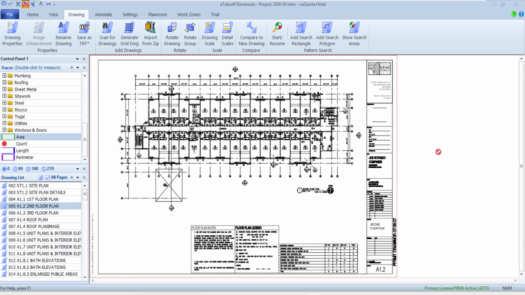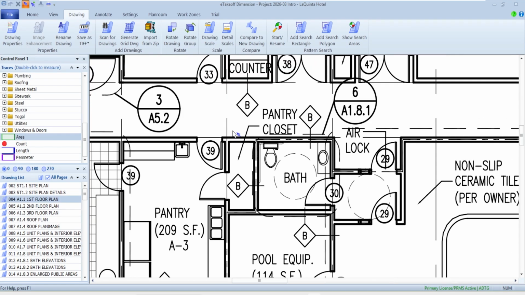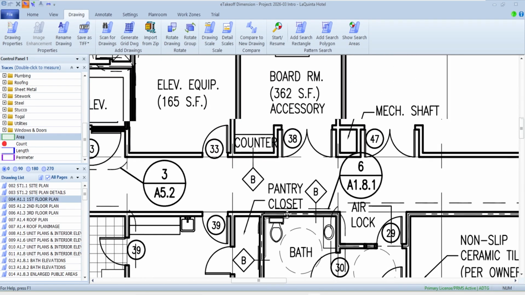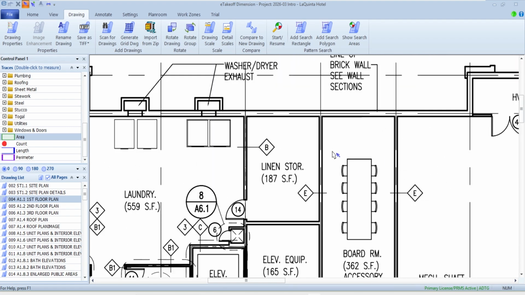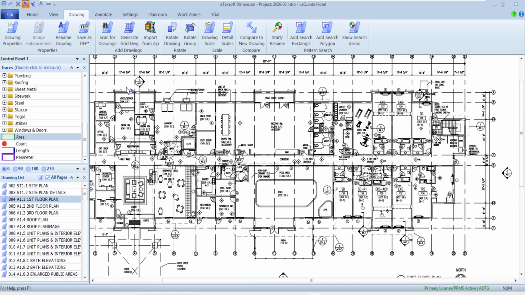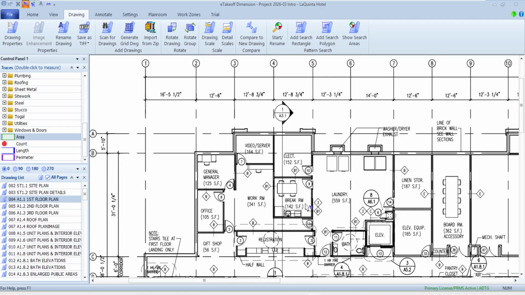As I'm starting to look at things, one of the things you'll notice in most systems, when you start to think about doing takeoff, is that it's common to zoom in on different things. By the time I start zooming in on different areas, it's very easy to lose your perspective of where you're at on the image. It's interesting watching some of the different products out there, where some people zoom out to figure out where they're at, zoom back in, and then start following the line across. It's difficult to tell where you're at when you get zoomed in at some of the bigger magnifications.